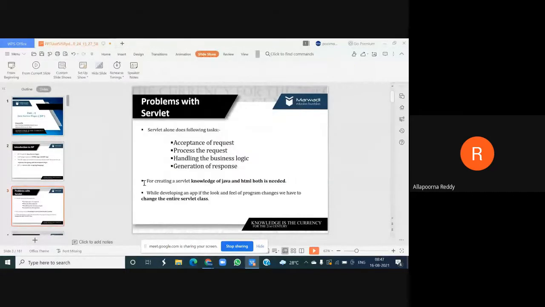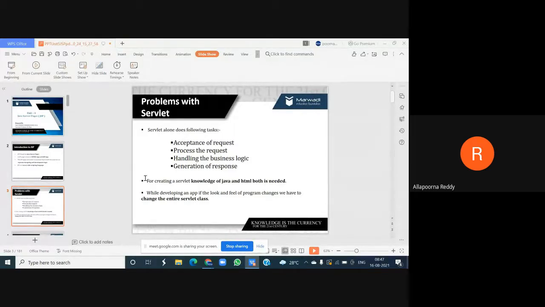Coming to the next drawback, already given by Mr. Sunny, we need to create some implicit objects. Not only that, when you make a request, how will the servlet be executed?